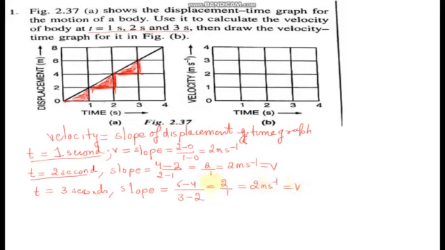So we are getting that तीनों टाइम पे वेलोसिटी क्या है, 2 मीटर पर सेकेंड. टाइम इंक्रीज हो रहा है लेकिन जो वेलोसिटी है वो एक ही है. Now next, for different times we have got the velocity. Now the question is that you have to draw the velocity time graph. So एग्ज़ाम में ये रफ स्केच दिया हो सकता है, नहीं भी दिया हो सकता है.